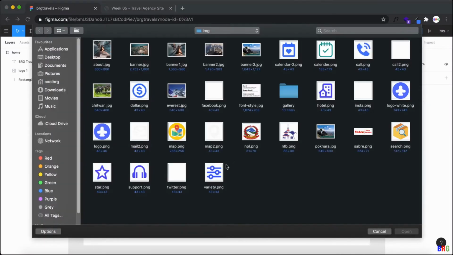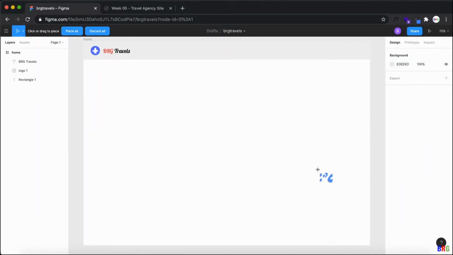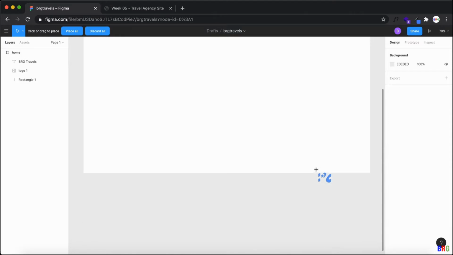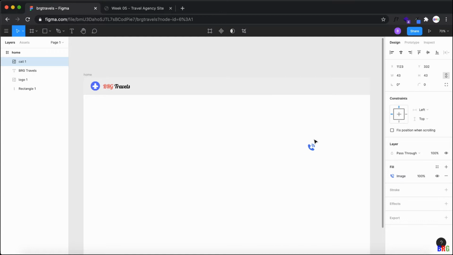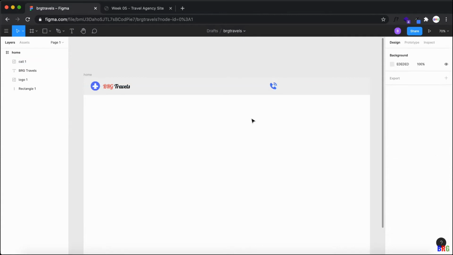I go to the same folder and click here, font icon, and then I just move it to this side, and you can see there is a line coming in to level my icon to the same level as the other icons. So this should be a nice place. Or let me take it a little bit to this side, and then I have the phone number and then the buttons.